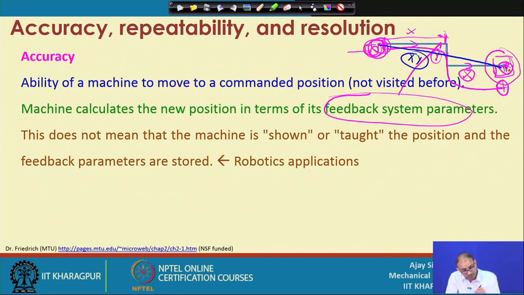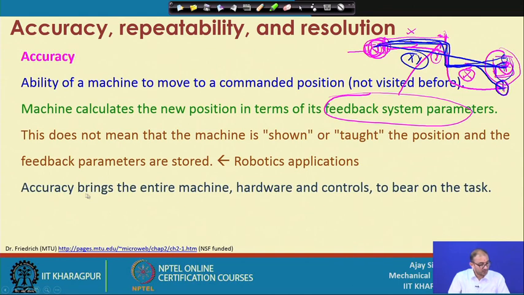But how closely you reach this location, we have seen here: the target position is different and where you reach may be different, and the accuracy is decided by that. So, this does not work like a robotic application where you already have information about this particular point and your robotic arm follows one optimized path to reach this location. It is not like that. In our case it is an open loop system. That means our controller only knows how to reach this location; the position is not known,